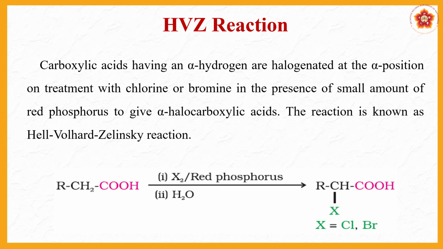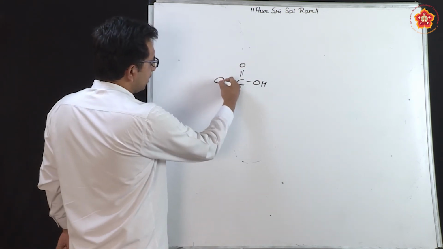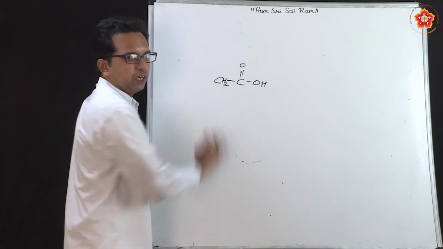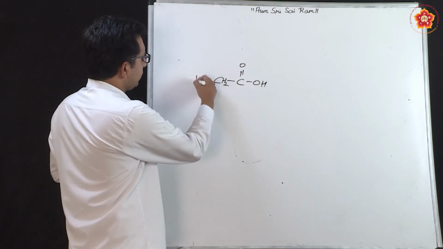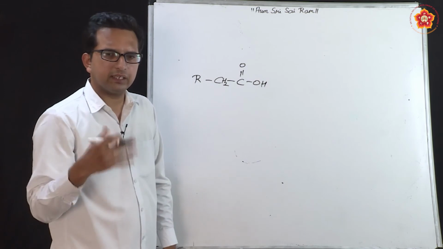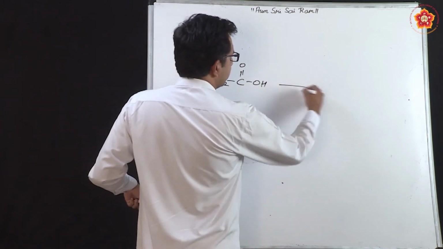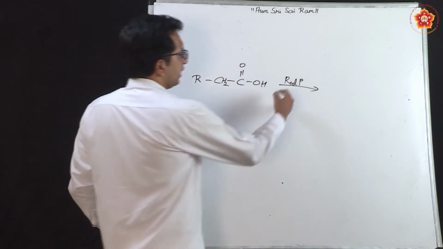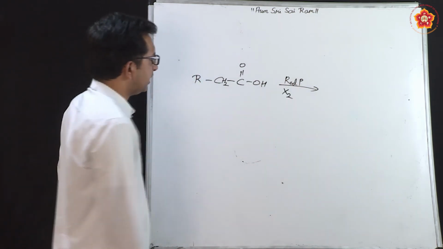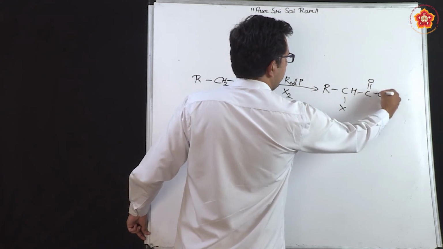Once again, just to see what this alpha system is: this is the main functional group that we have, and the alpha system must be beside it. So, this carbon is the alpha carbon, the hydrogen attached to it is the alpha hydrogen, and then let me have any chain. It can be methyl, ethyl, propyl, any length of chain. In these cases, suppose red phosphorus is used as a catalyst, along with halides. We tend to see that in the alpha position, one of the hydrogen atoms is replaced by a halide.